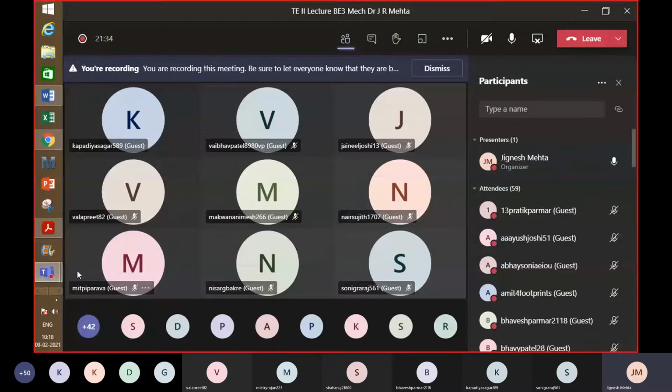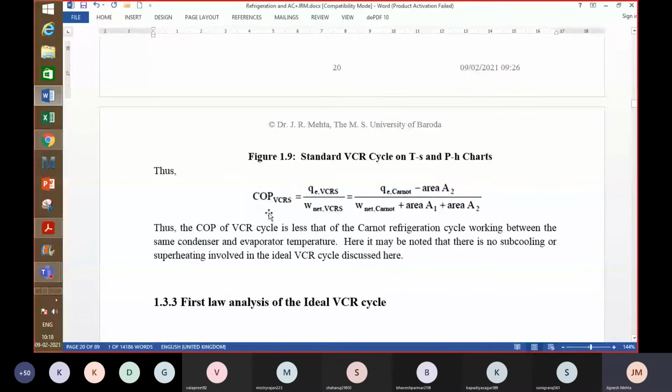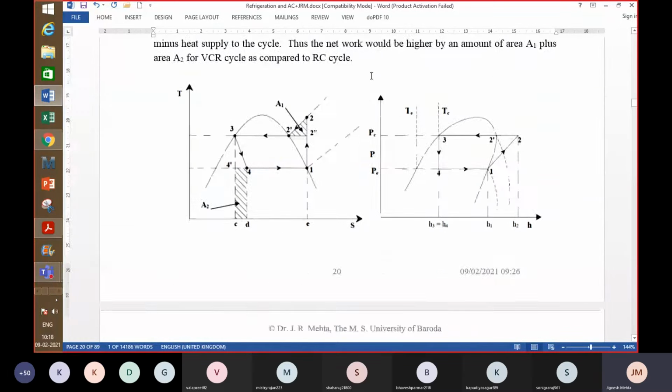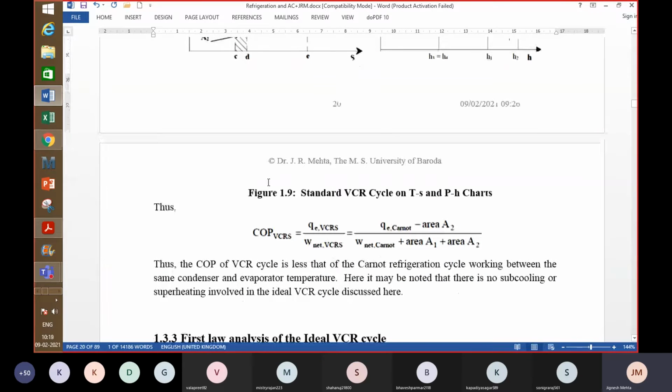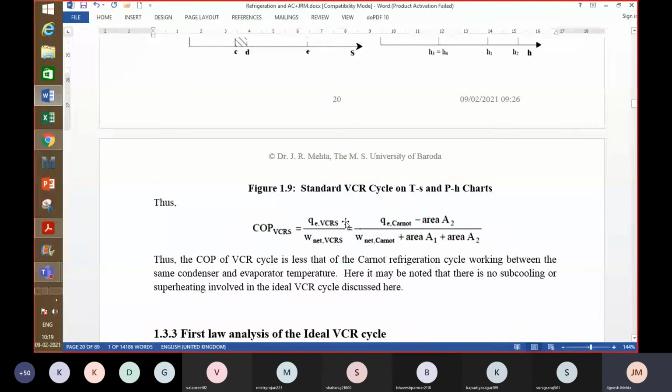So now the COP of a vapor compression refrigeration cycle, if you compare it with the COP of a reverse Carnot cycle, both of them are shown together here, right? As you must have already understood, in the vapor compression refrigeration cycle, the heat absorbed or the cooling effect produced, because small q is written, the unit could be kilojoule per kg. So we are talking about a single cycle. How much cooling is produced in this process,